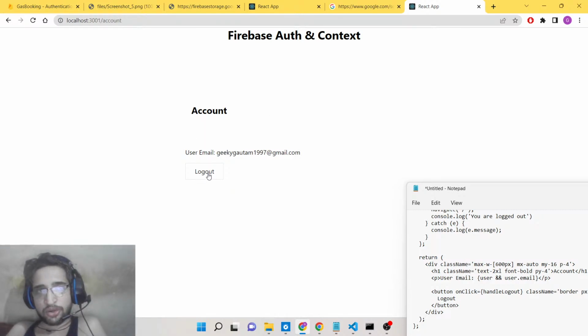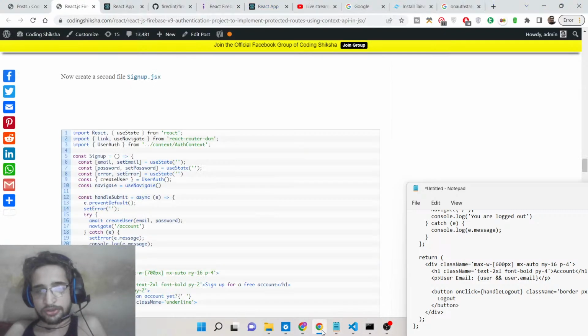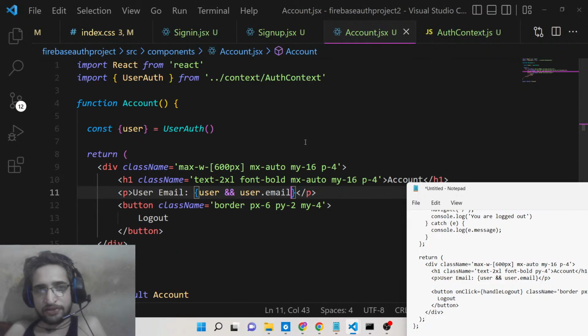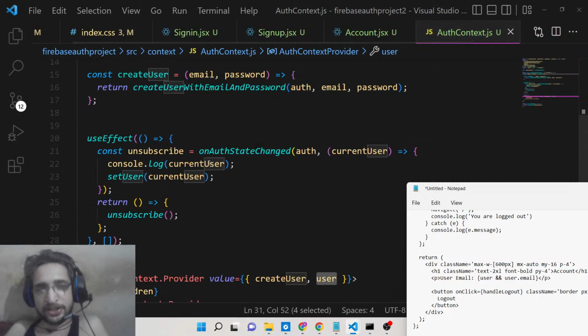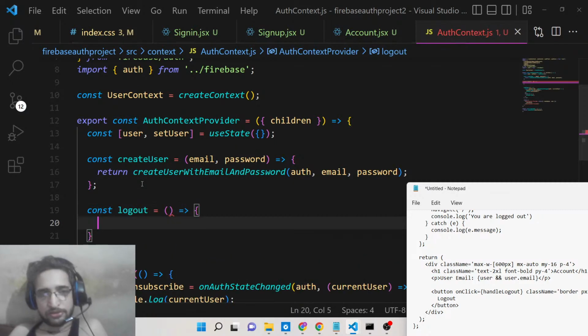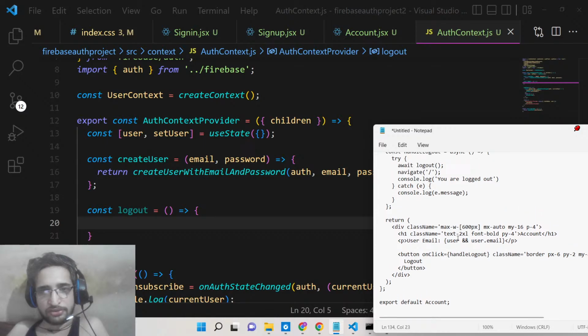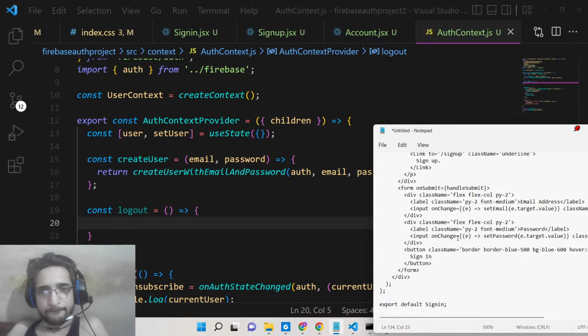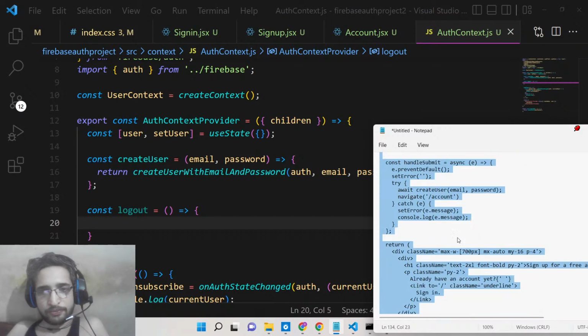Now we need to hook up the logout functionality, guys. If I click the logout button, we need to log out from this page. We can define a function inside of our context API. Right here we will define this const logout. This will be an arrow function. Inside our logout, guys, which is very easy, if you go here,